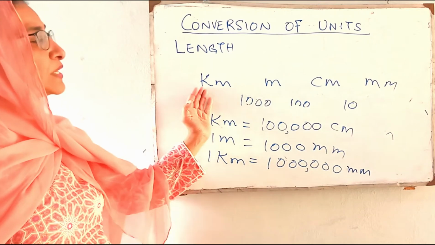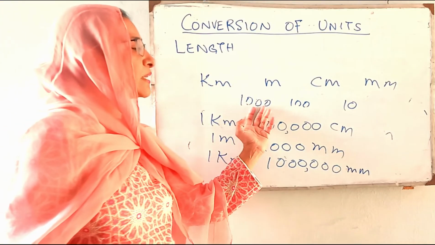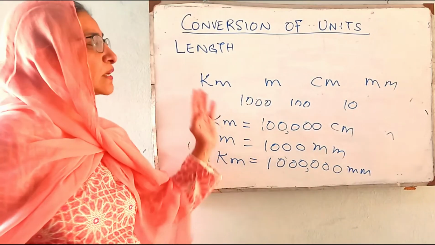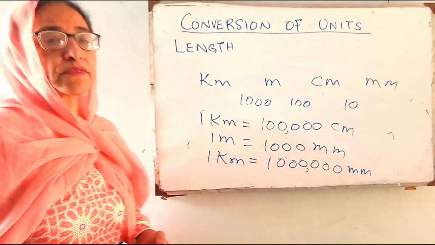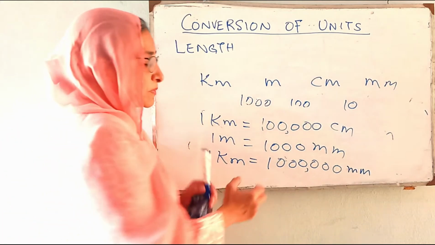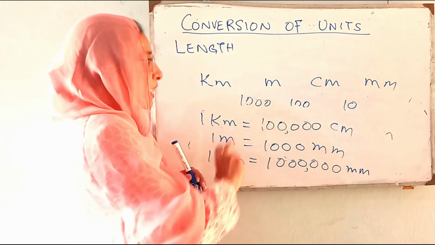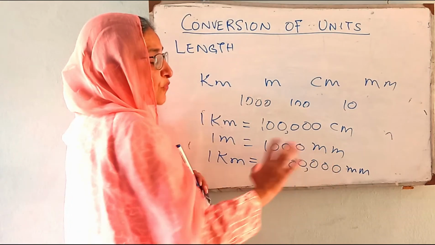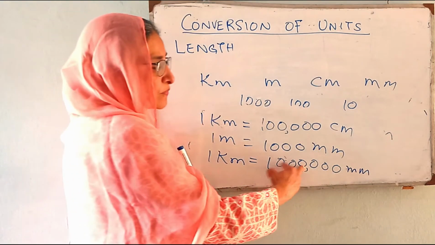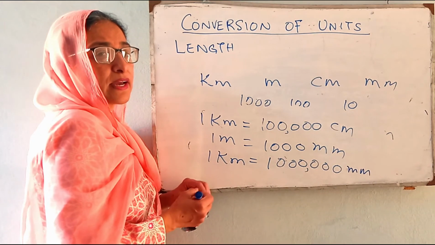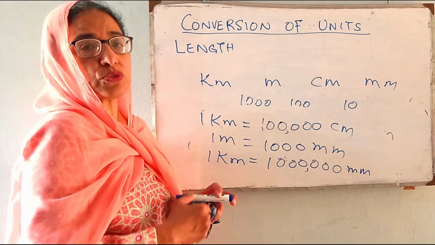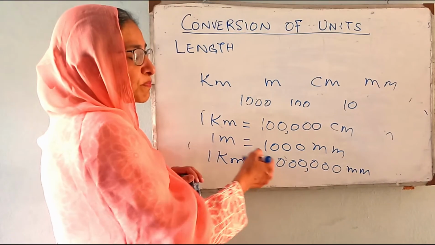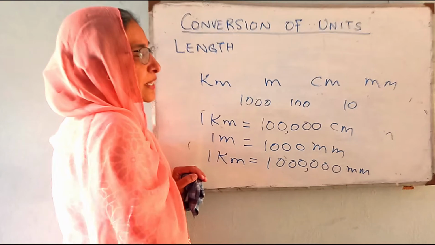So this is very easy. Using the friendly numbers, you can just count the zeros and convert it into anything, and it will not be a problem for you. When we have to convert kilometer into millimeter, with whatever whole number you have, you have to put 6 zeros in the end. And if it is a number with a decimal, you have to count the decimal and then move the decimal from your right hand side.